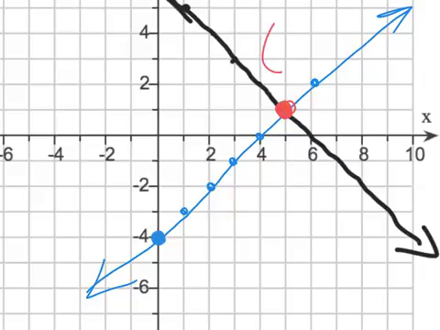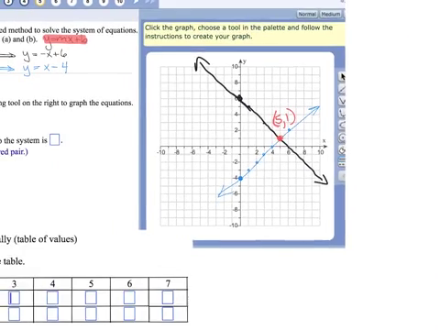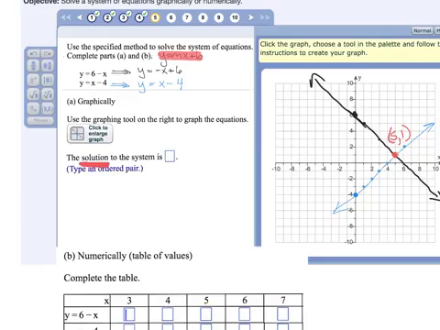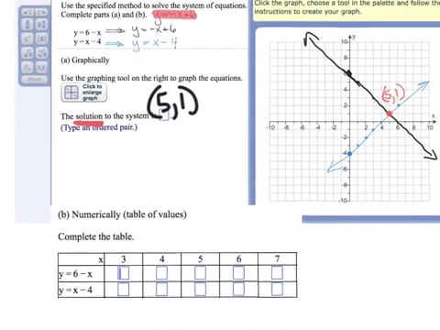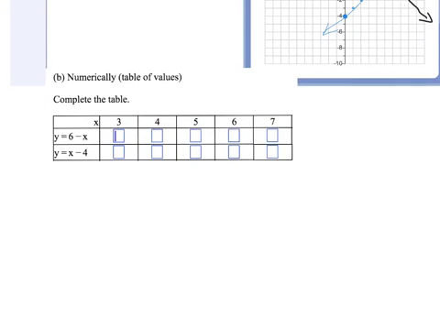They intersect right there at 5, because that's the x coordinate, and the y coordinate is 1. 5, 1 is where they intersect. And so the solution is 5, 1. Now we know that. We're done. But they want us to also show that the solution is 5, 1 by using a table,